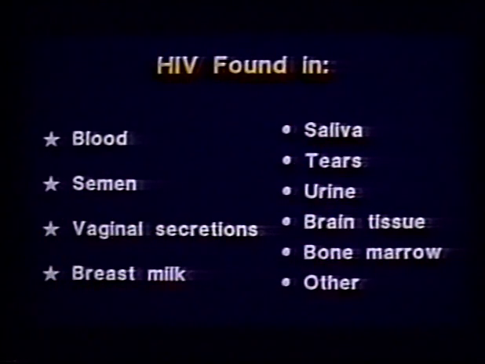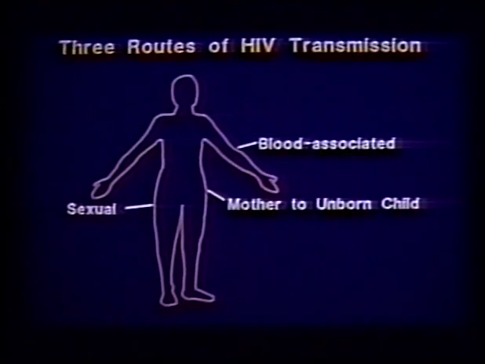HIV is found in blood, semen, vaginal secretions, and breast milk of people who are infected with the virus. Other body fluids may contain HIV, but have not been proven at this point in time to transmit the virus. There are three ways that a person can become infected with HIV. The first is through sexual contact with a person who's infected. That can either be homosexual contact or heterosexual contact. Virtually any type of sex that involves a body fluid exchange could pass the virus from a person who's infected